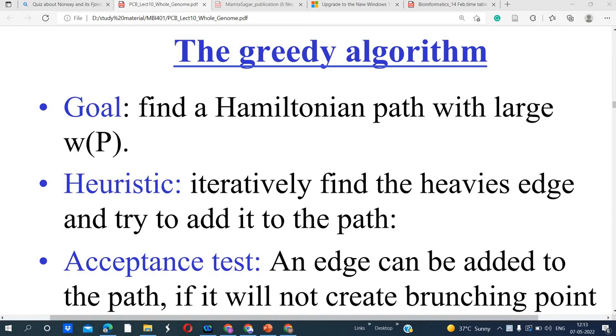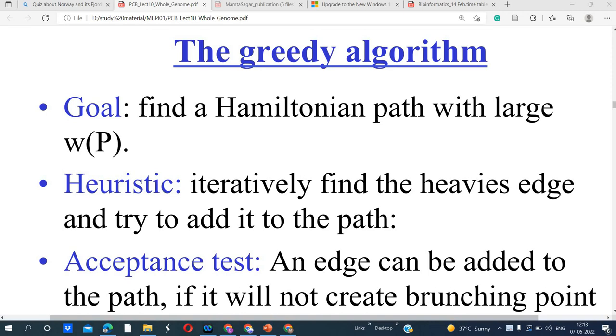Dear students, we are studying the genome analysis method, the genome sequencing method, in which we have discussed the greedy algorithm, its use, how we can construct the complete sequence, and how we can assemble the different fragments together.